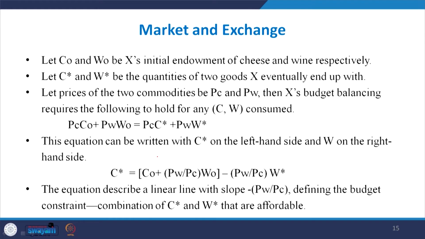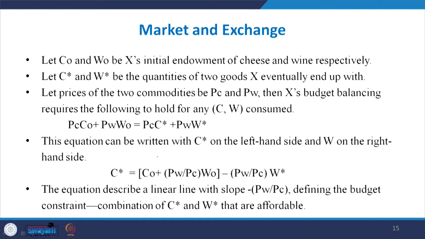Let C star and W star be the quantities of the two goods X eventually ends up with after the trade. So, after the exchange, C star and W star are the quantities which will be received by X. Let the prices of the two commodities be PC, the price of 1 unit of cheese, and PW, the price of 1 unit of wine,